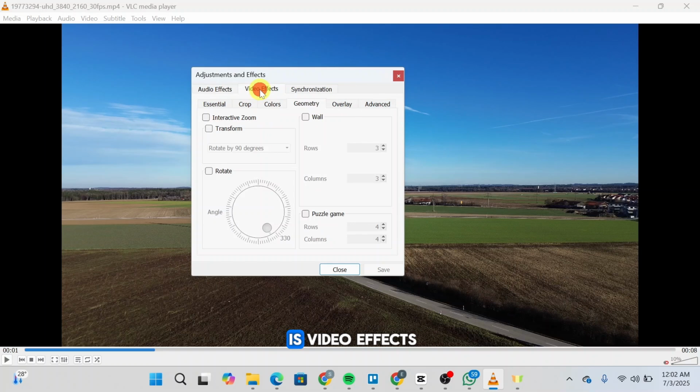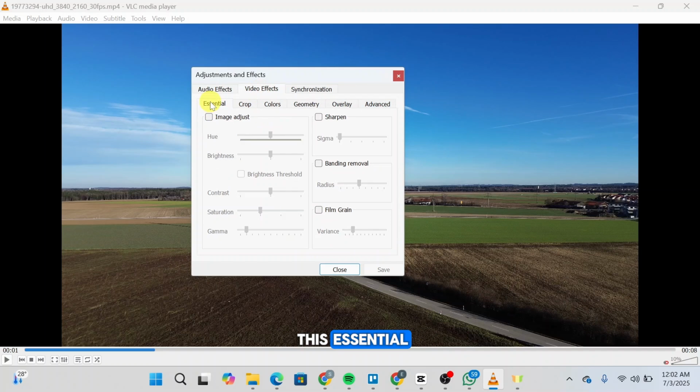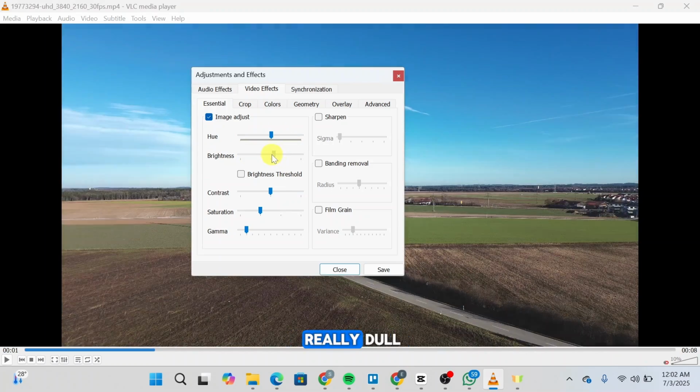The next we have is video effects. First we have essential, that is the image, just like how you want to adjust. You just notice the colors in the background, like what colors you want, you can adjust that here. The brightness, if any video is really dull, you can simply increase the brightness. You can change the contrast, saturation, gamma, and then we also have some tools for sharpening, and then we have